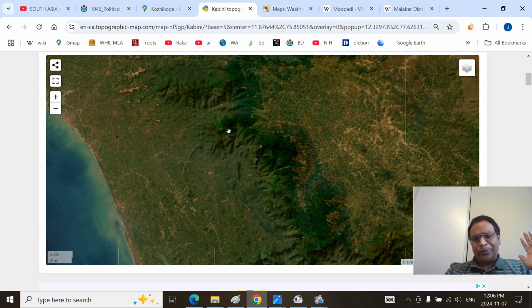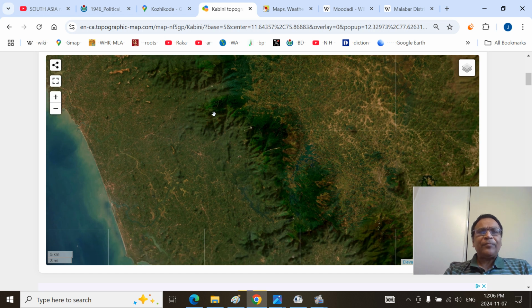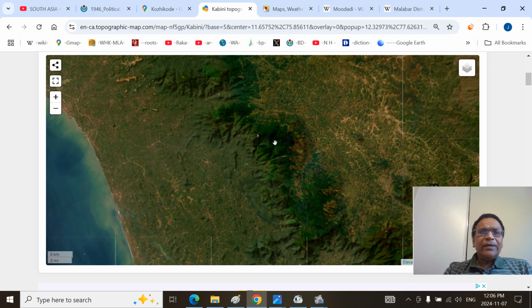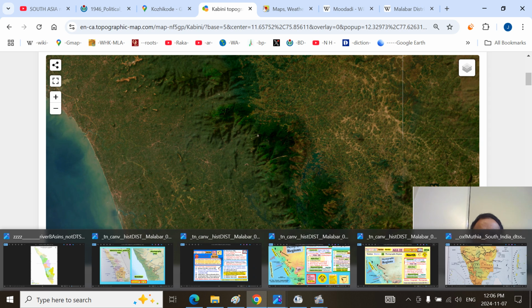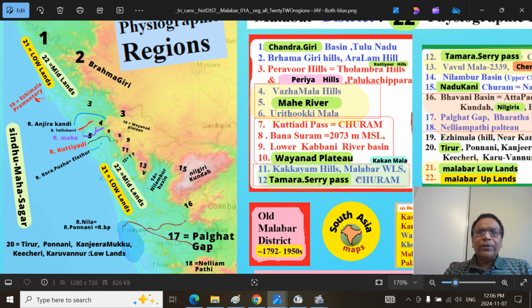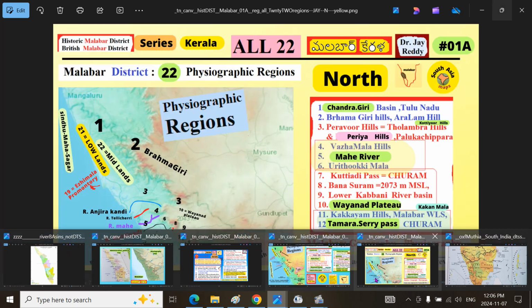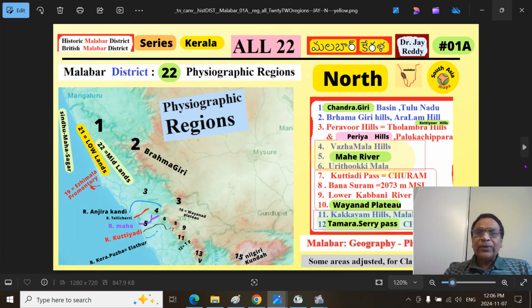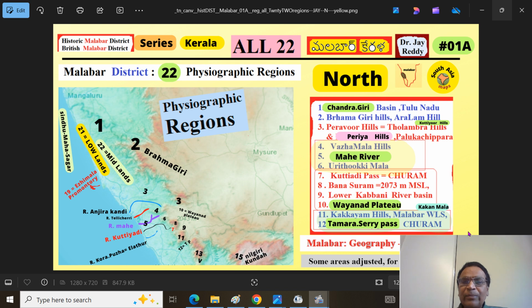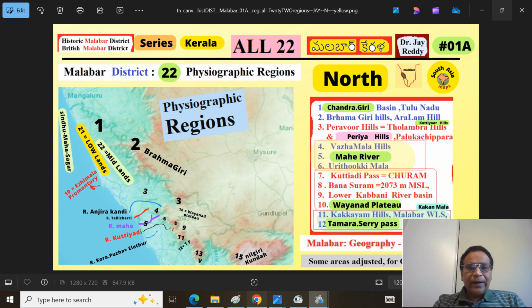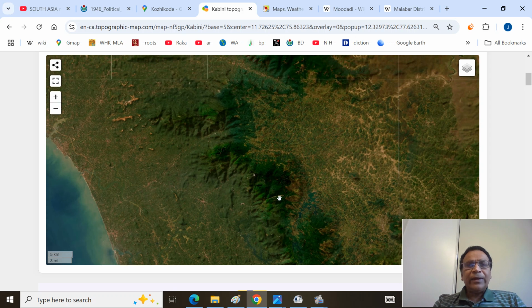Banasram is more than 2000 meters or so above sea level. Remember, the Simla is 2222. I just rounded it up. That means it is almost near that very high mountain range, Banasram there. And here, the Banasram, and this is the Malabar Wildlife Sanctuary, Kokayam Mountains. In addition to the Kokayam Mountains and Malabar Wildlife Sanctuary, there are also other mountains known as Kakkanmala in that region. So that is the one here, Kakkanmala.